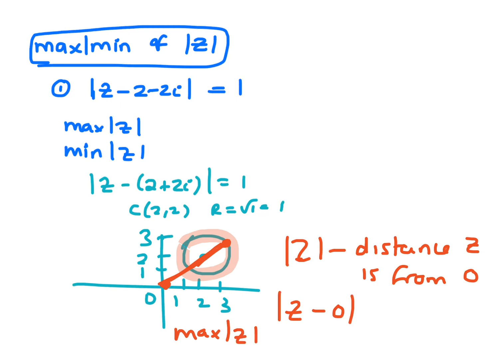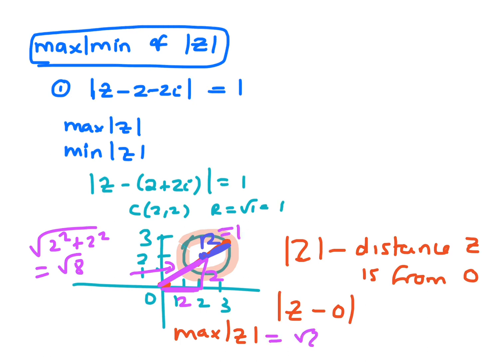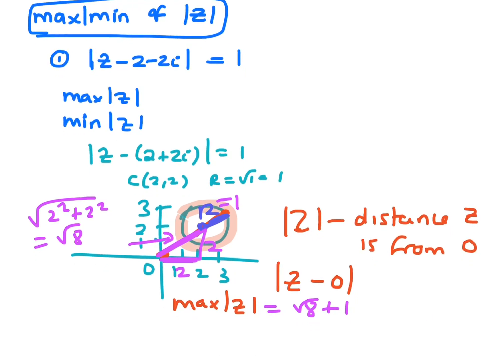So what is that actual distance? One part of it is just the radius, and the other part comes from, if you drew a right angle triangle here, that'd be 2, 2. That distance there would be 2 squared plus 2 squared, which is root 8. So the radius here is 1, and the maximum would be root 8 plus 1. And if you wanted to get the minimum of mod z,